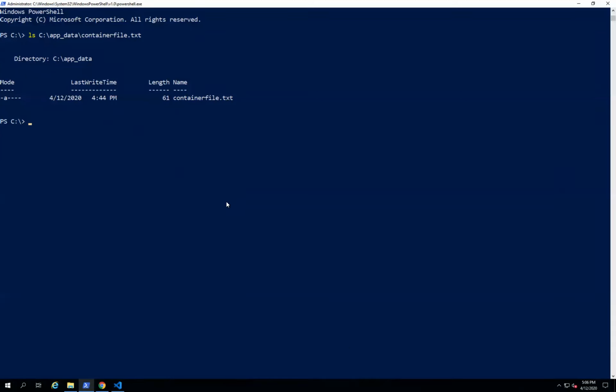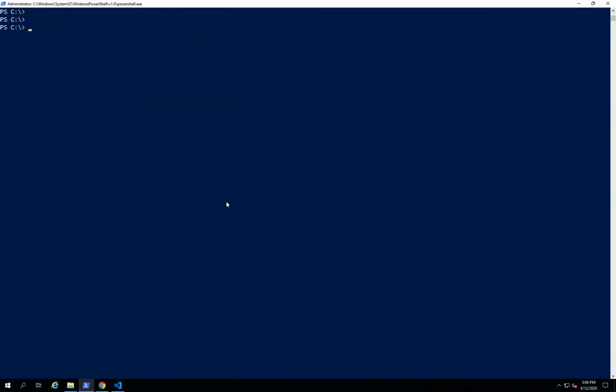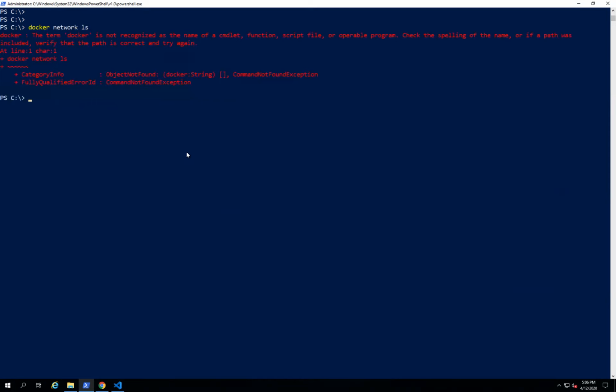All right, so let's execute the command docker network ls. Okay, I'm inside the Docker container, so that's the reason it's giving weird errors. So let's do one thing, stop all the containers and delete all the containers.